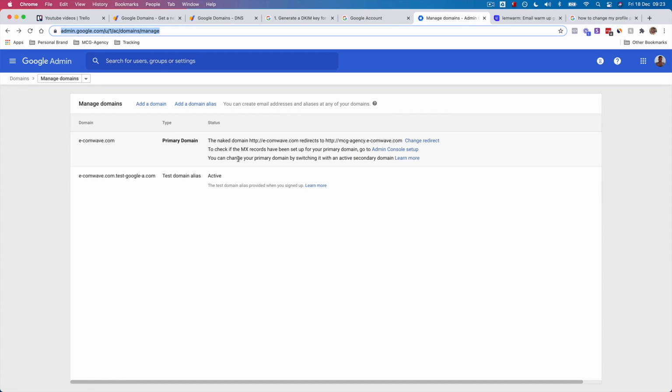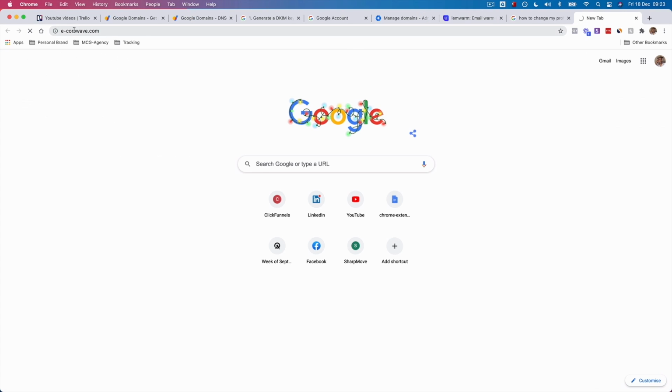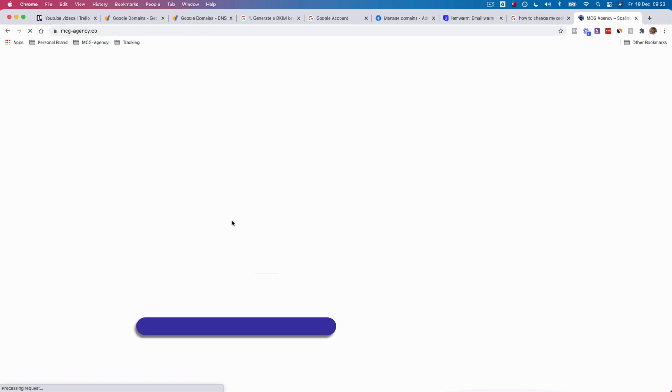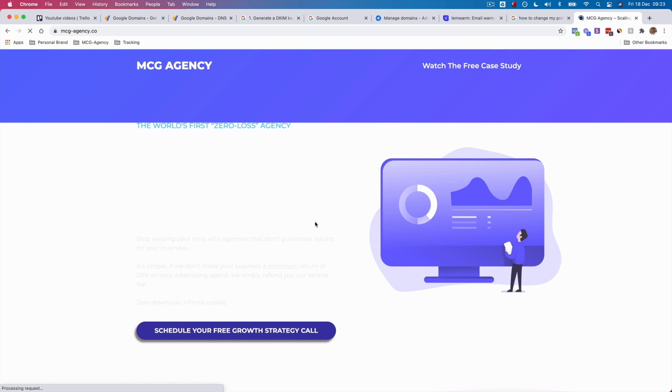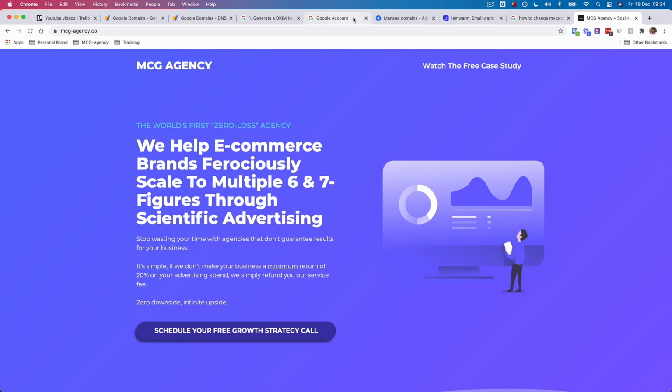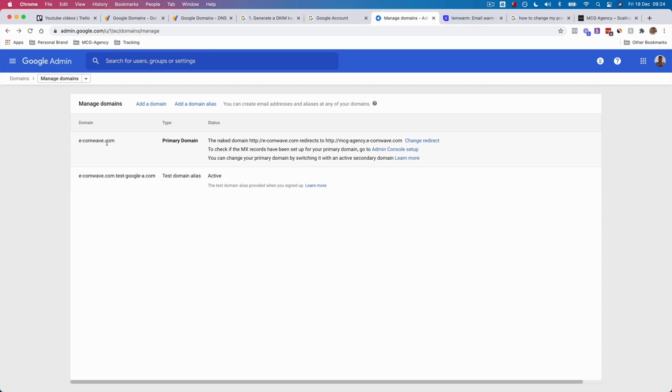So again, when it comes to your domain as well, guys, like I said, you want to make sure that your email domain, which is this one right here, for example, if I go and paste this into Google, what's going to happen is my agency website will actually pop up. Now, the reason for this, guys, is because think about it, when you're actually doing outreach to people using a domain like this, people are going to be curious as to what you say. If you have good messaging, you've sparked a nerve and your messaging is sharp,